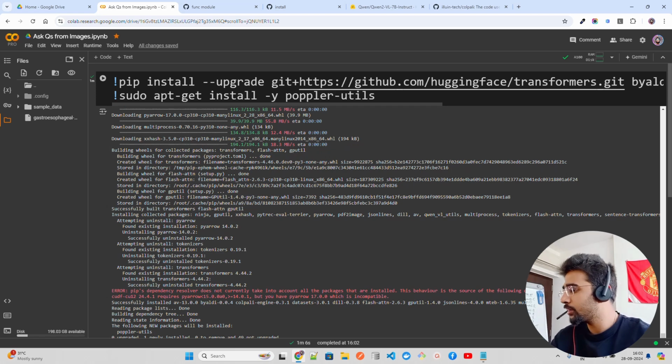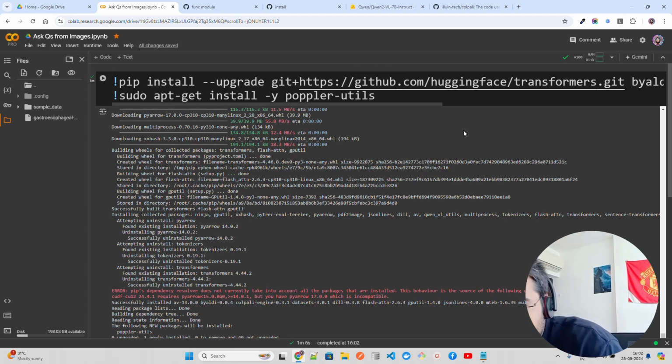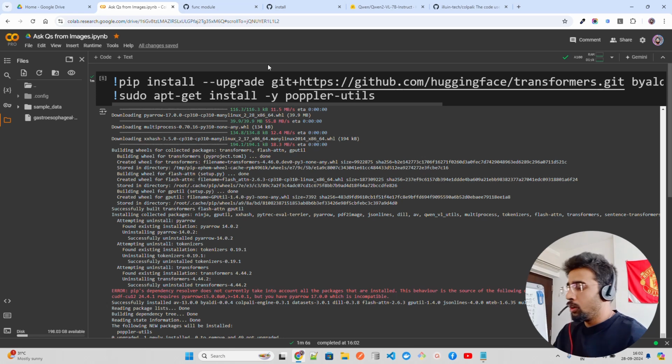Now, if you look at my screen, I already have Colab running. I'm on Colab Pro and I'm using an A100 GPU. This will not work on a free version of Colab. You need Colab Pro to work with. Either you need an L4 GPU at its minimum, or then you need an A100. And you can see I already have installed